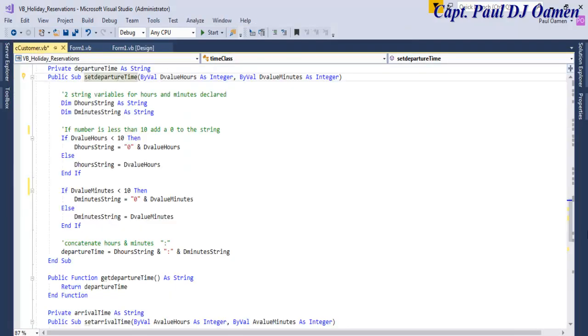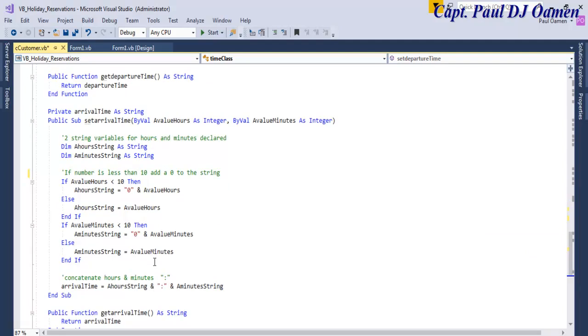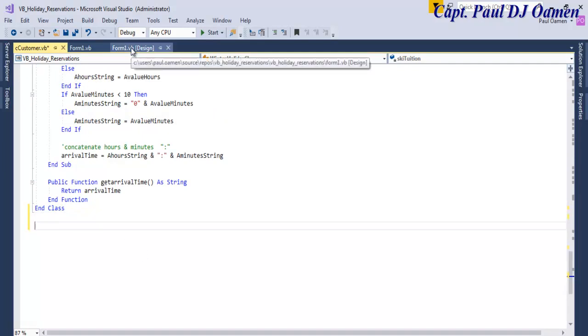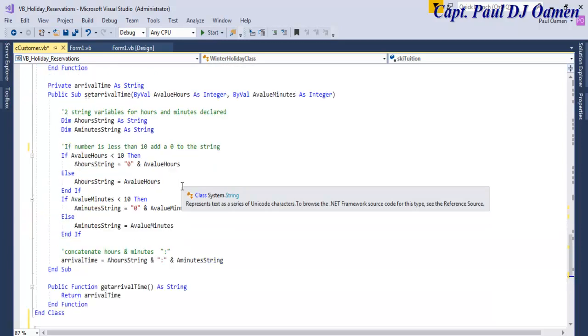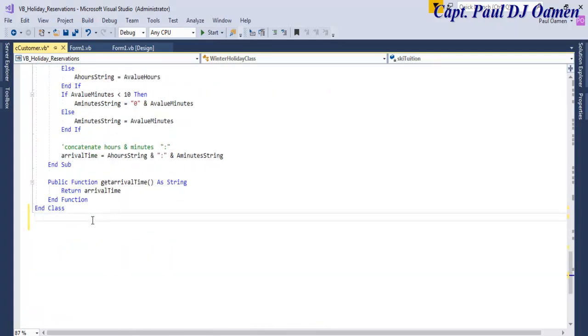Okay, let's create another class that I might use for my exit and so on. Let's create another class. Let's copy that, and I'm going to call that